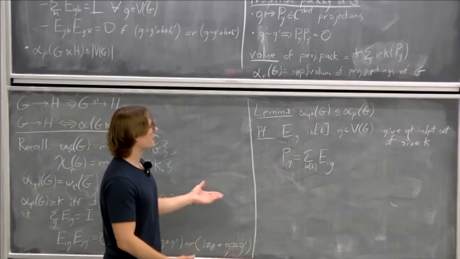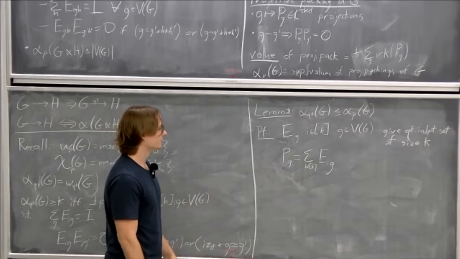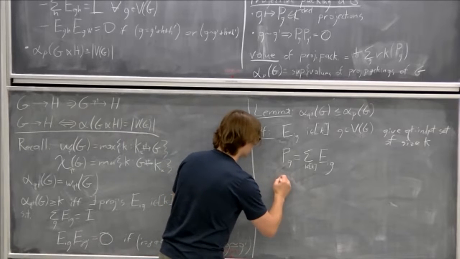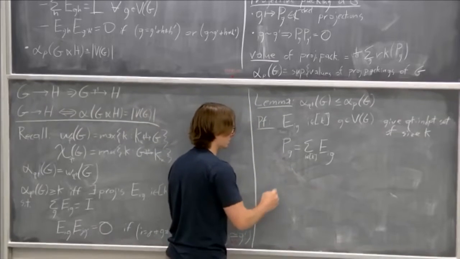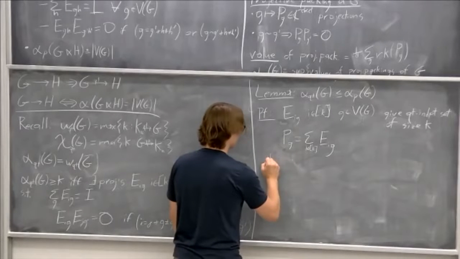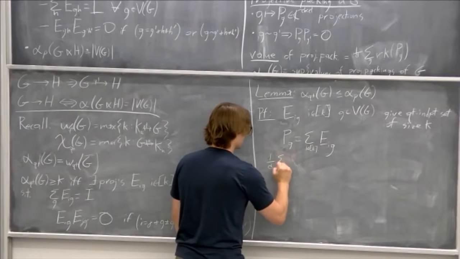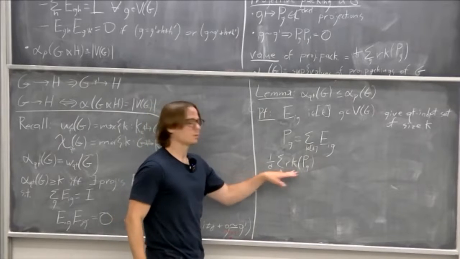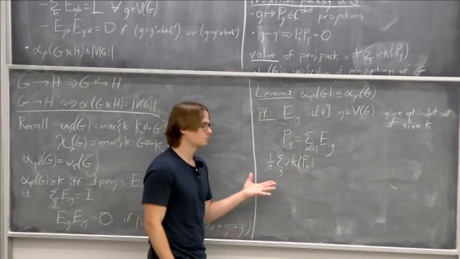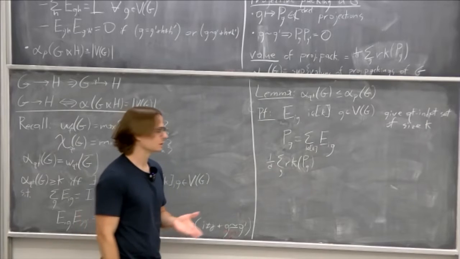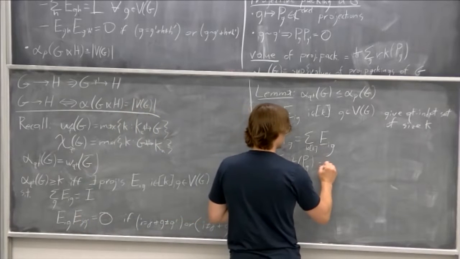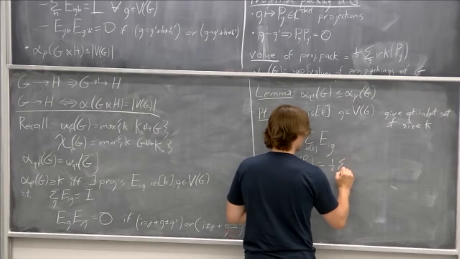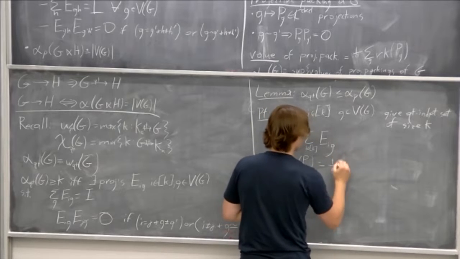And then what's the value of this projective packing? Well, we want to take the sum of the ranks. And maybe the easiest way to do this is to note that we want to take 1 over d times the sum of the ranks of P_G. For a projection, the rank is the same as the trace, and trace is linear, so it's a little bit easier to work with. So this is equal to 1 over d times the sum. Well, I can bring the trace out,